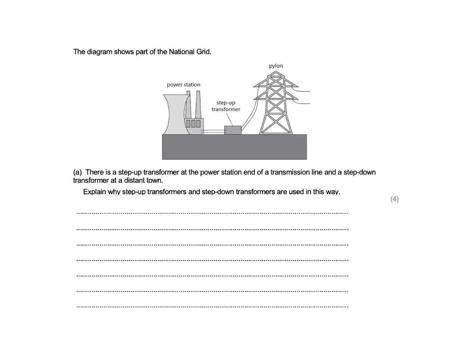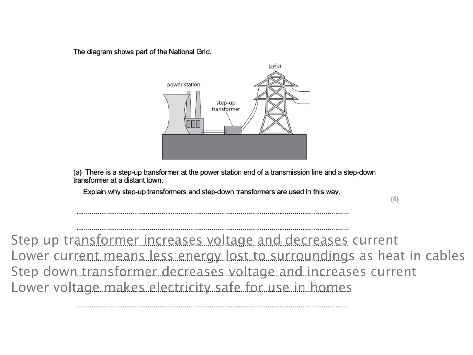Well, first we can talk about the step-up transformer, which increases the voltage but decreases the current, and by decreasing that current, we are reducing the amount of energy losses due to heating in the wires. But when we get to the distant town, we need to use a step-down transformer, which will decrease the voltage and increase the current to make sure the voltage is at safe levels for people to use for their home